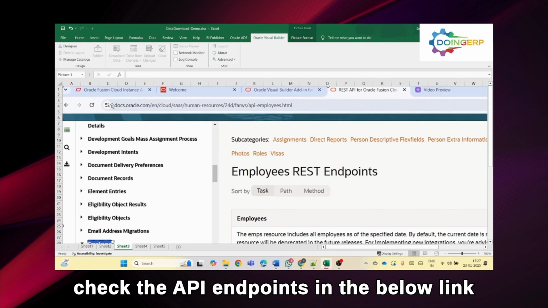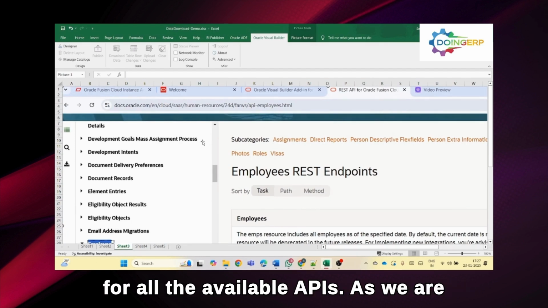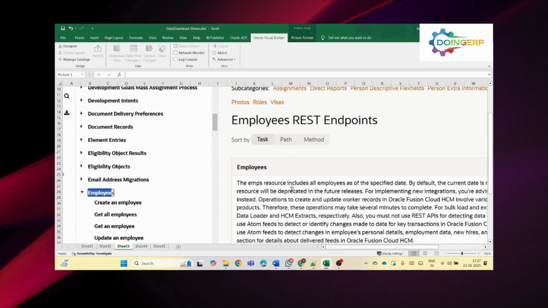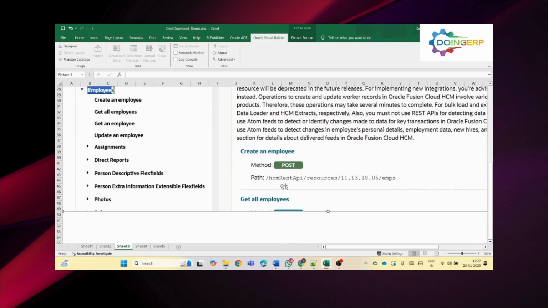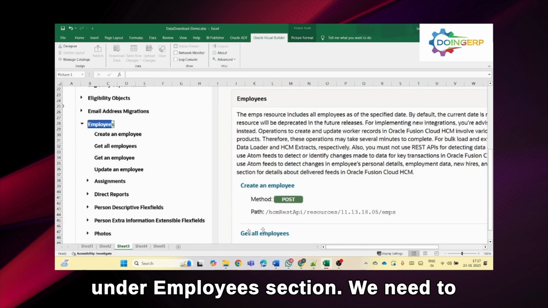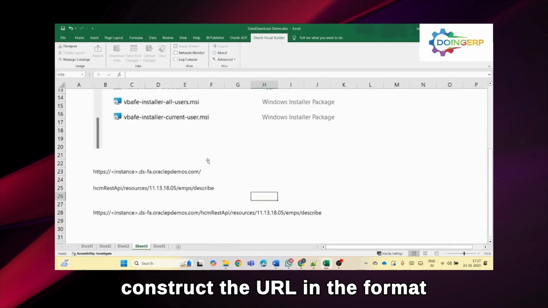We need to check the API endpoints in the below link for all the available APIs. As we are planning to download the employee data, go to the Employees section in the link. We need to copy the path mentioned there under the Employees section. We need to construct the URL in the format